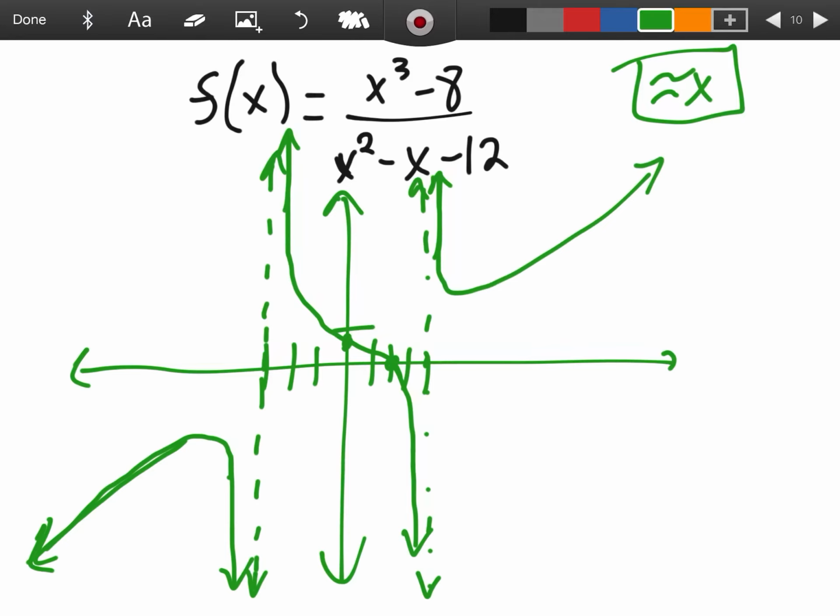If you want to check out Desmos to make sure we did it right, you could definitely do that. I think it's pretty cool that we can take this and have a pretty good idea of what the graph of that would look like. So nice work, and best of luck to you on